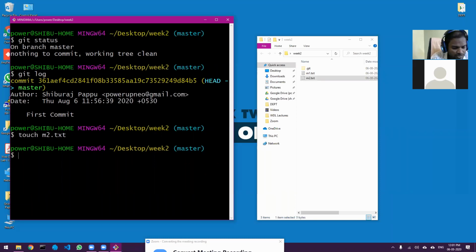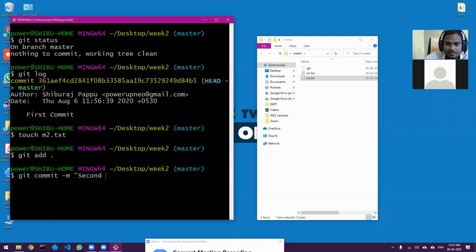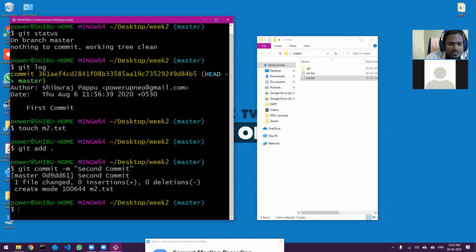Now I'm going to do git add, git commit, second commit. Okay, I've done the second commit. Now let's do one more file, touch m3.